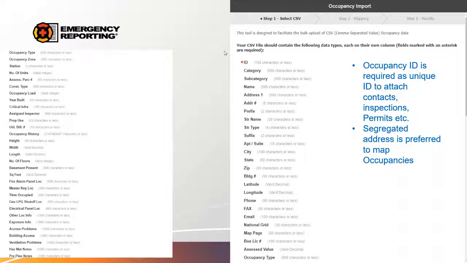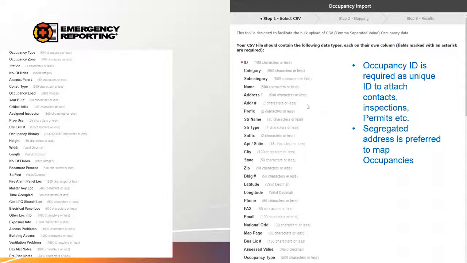So that's a required field. We have category and subcategory. Now most new customers do have categories pre-filled in their account. So if you have categories and subcategories attached to the occupancies from your previous software, that does help, and that does help create new ones if they're not already in your account.